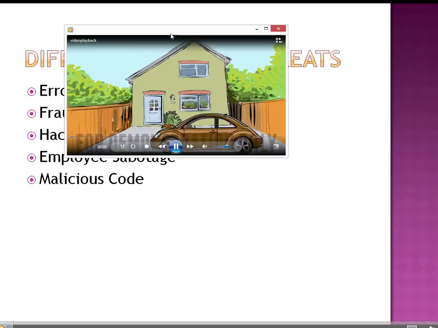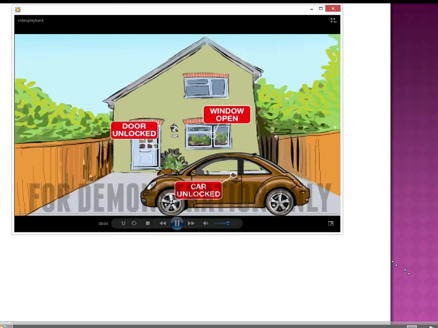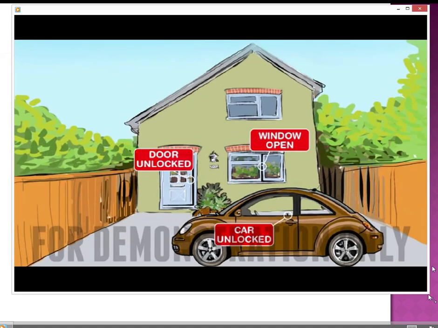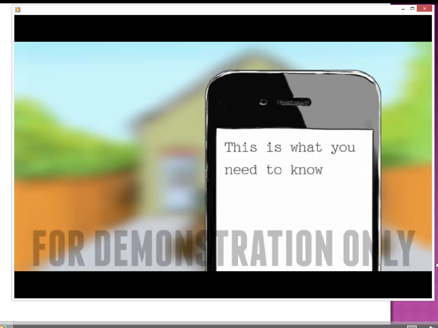Not many of us will leave our houses or cars unlocked, or leave valuables unattended. But when it comes to information, we tend to be less careful. Just look at the phone hacking scandal. Many of the victims left their passwords set to the factory default setting of password, which made it easy for hackers. It shows that we need to be more careful with information about ourselves and that which we handle for others. So this is what you need to know about information security.